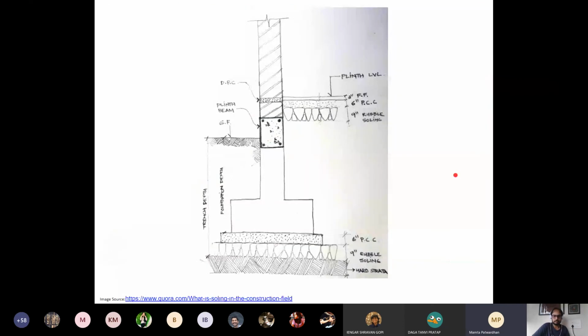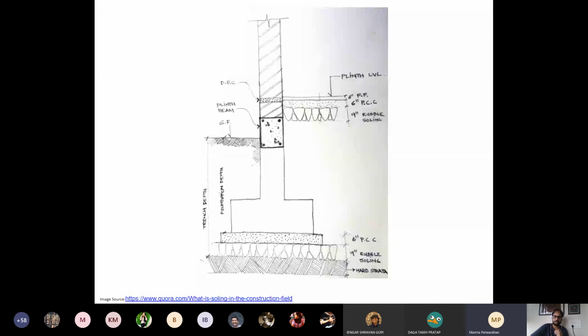One thing very important, please observe in the sketch the way that Shirish has indicated rubble soling. If I find any one of you indicating rubble soling in a different way than this has been shown, you're going to get thrashed by me, because I've seen horrible indications for rubble soling when you go to the third year. It's really pathetic. Please note this very carefully. After the presentation is put up, I hope you will resketch this in your sketchbooks. It is very essential to note that the pointed part is on the lower side because these are rammed into the earth. So you would want to push those stones in that fashion.